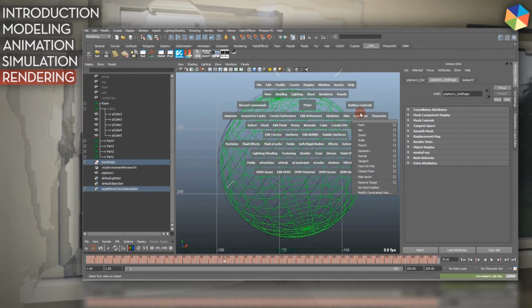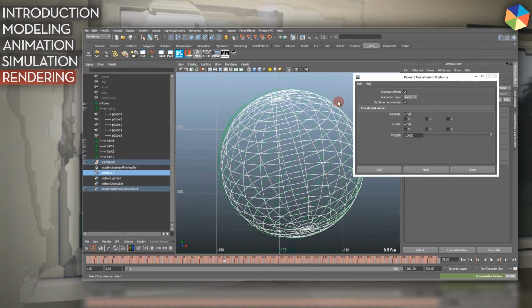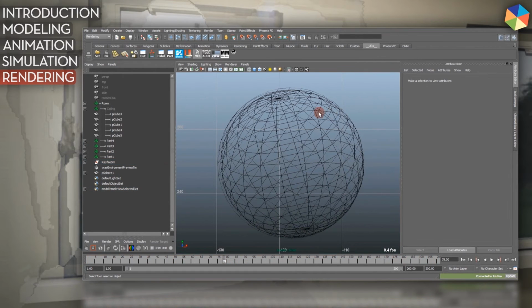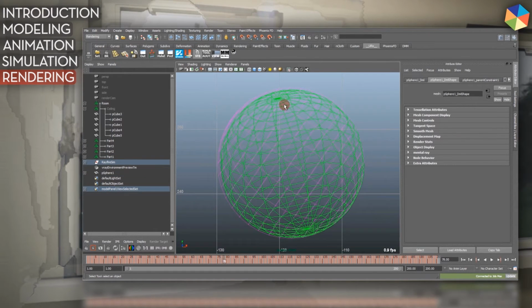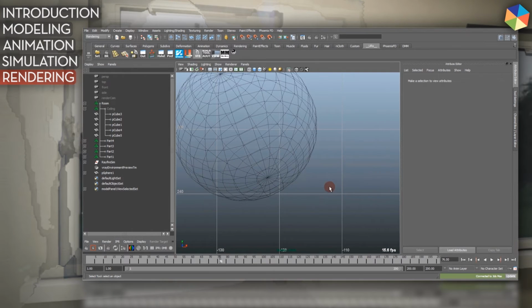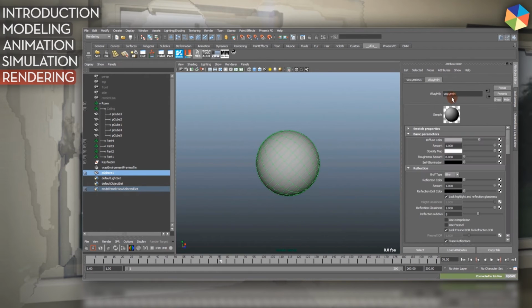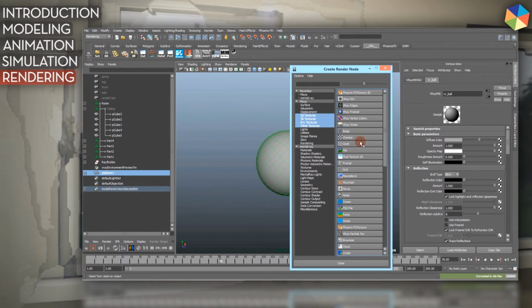Go into my animation menu, constrain, and go to parent, and then I select the other one with shift, and then I just add it and hide the simulated ball. So what I did now is link my imported sphere to my simulated sphere. So now the ball should follow in animation everything else. And I used this one because it was UV mapped, so I can just plug in a texture node to that. And I go to Vray material, rename the shader for that, call this one ball,